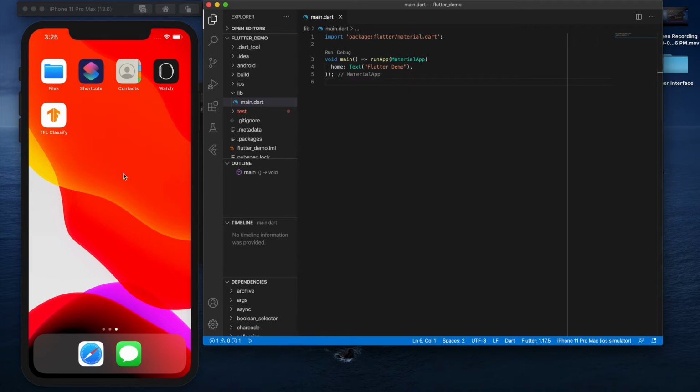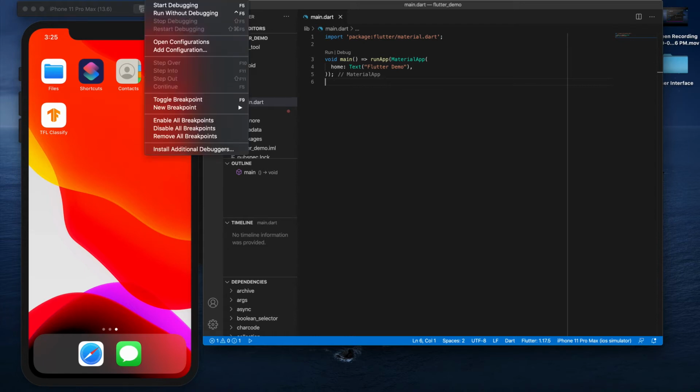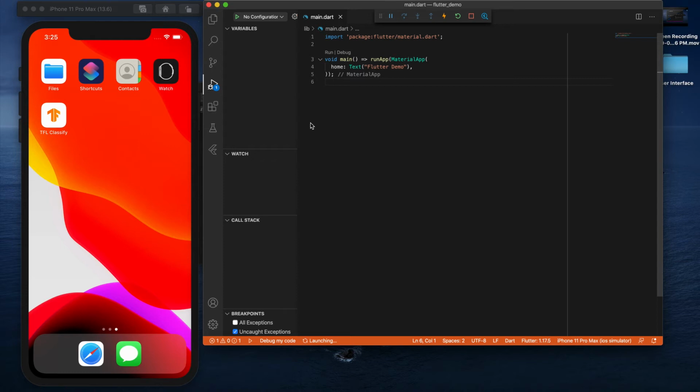Otherwise, if you don't want to use commands, you can use Visual Studio Code, and you can run it directly without going to the terminal. You can click here, start debugging, and you can run this. So this will debug this, and it will launch it on a device. For the first time it will take some 1 or 2 minutes delay, and from the next time we have options here: hot restart, hot reload, stop. These options we can use, and automatically we can make the changes and see those changes applied here.